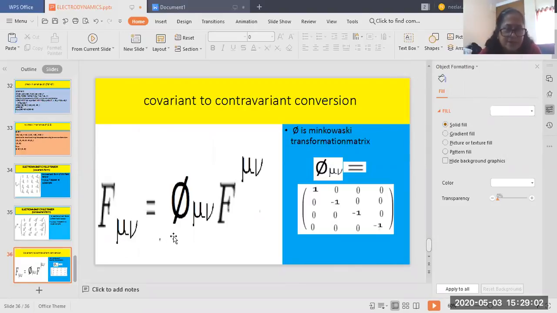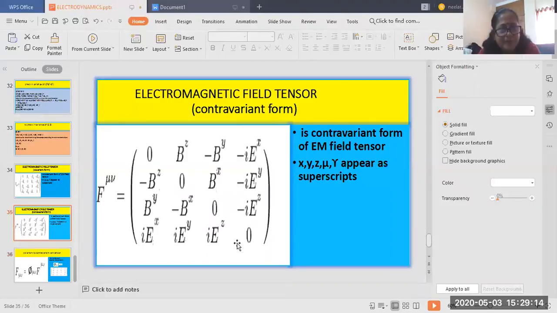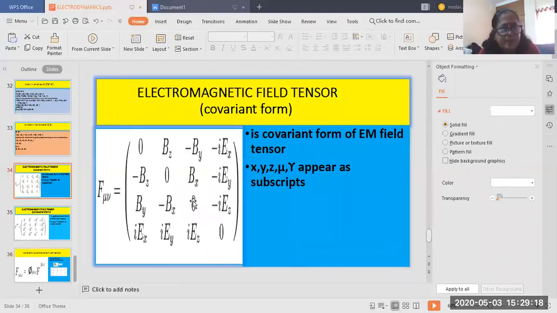So you can take this as an exercise. This is nothing but a matrix multiplication. Multiply this matrix by this matrix. This matrix value I have already given. So what is the value? This is the value. So after multiplication, you should end up with this matrix. Then only this law is verified. Otherwise the law is wrong. Okay.